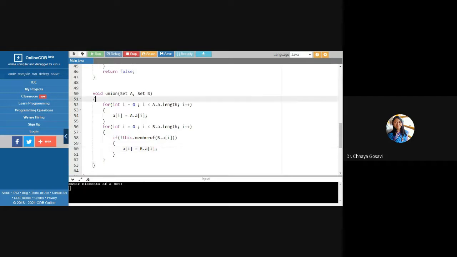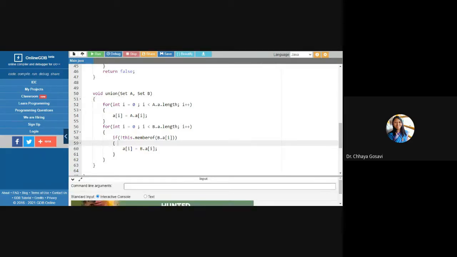Okay, wait, it will again start from zero. Sorry. The problem is not with the false. The problem is with the initialization of i. For example, here I'm using integer i, and here again I started from zero. I should start from zero for B, but for A, I should start from whatever value i finished at here. That is, it should start from the last index, that is 4.